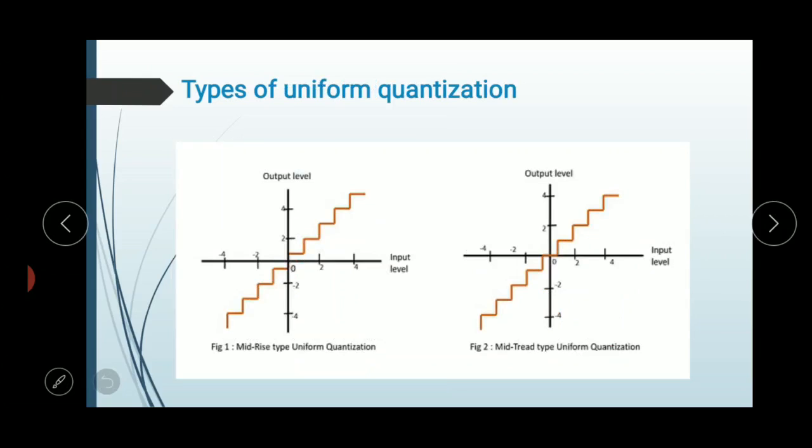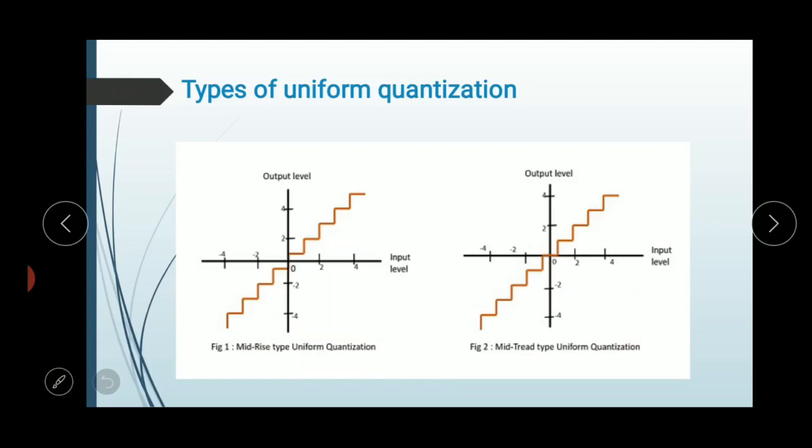Okay, next is the types of uniform quantization. Means the uniform quantization is again divided into two types, that is mid-rise type uniform quantization, and second one is mid-tread type uniform quantization. So the mid-rise type is so called because the origin lies in the middle of a rising